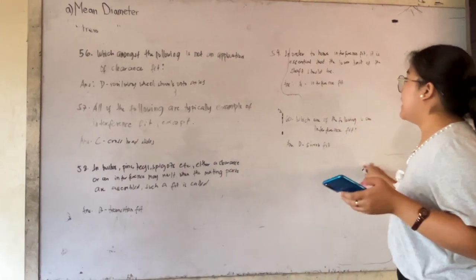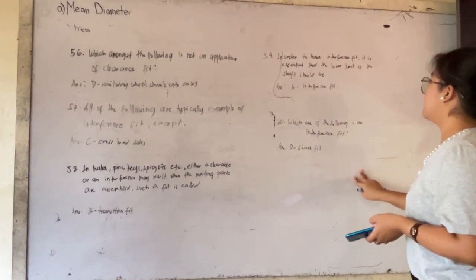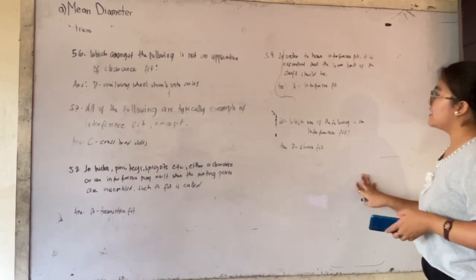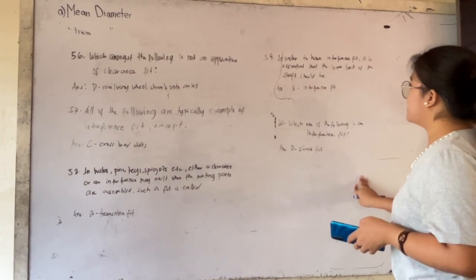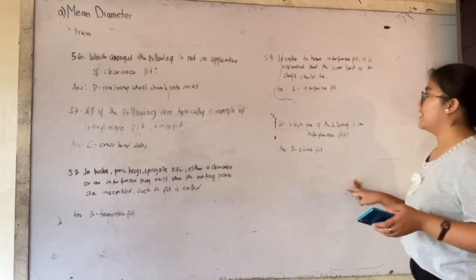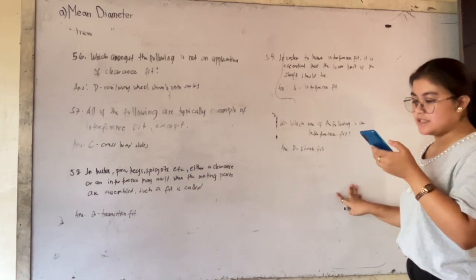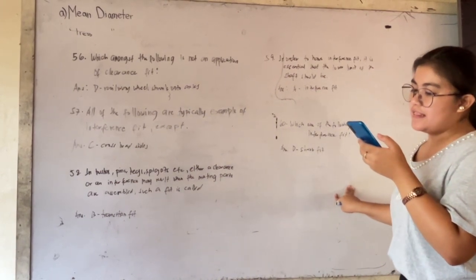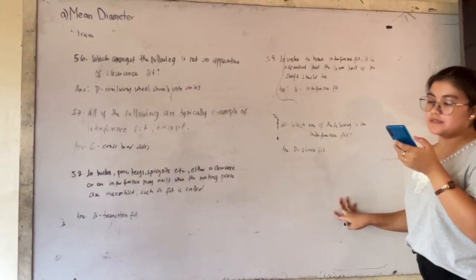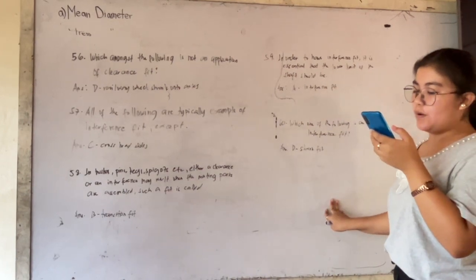And 459, in order to have an interference fit, it is essential that the lower limit of the shaft should be letter A, interference fit, because in an interference fit, the shaft must always be larger than the hole. So